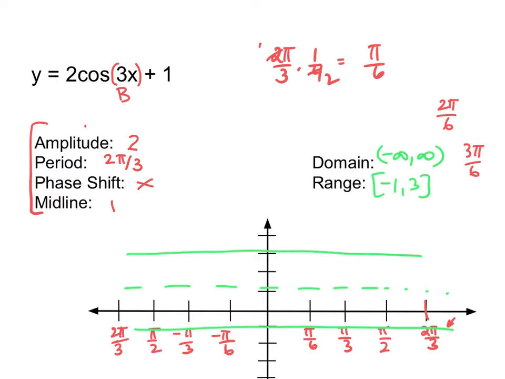Now, this is where it's different. We identify we are graphing a cosine graph. It is a positive cosine, and positive cosines begin at the maximum. So we are going to start at the maximum, we are going to end at the maximum, and the midline is halfway in between, and then points 2 and 4 are on